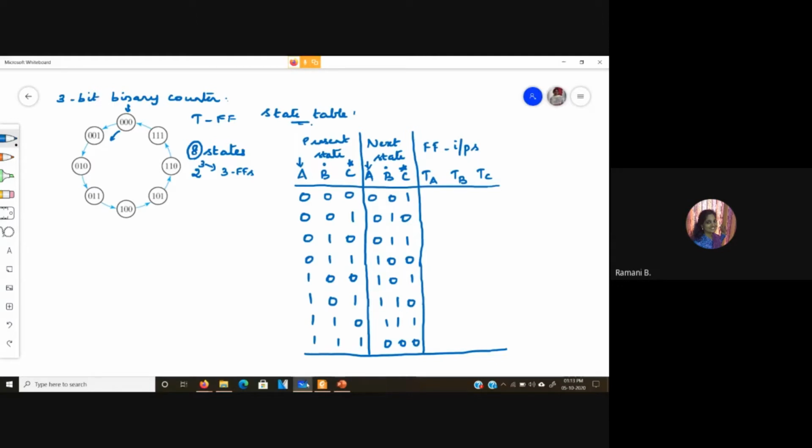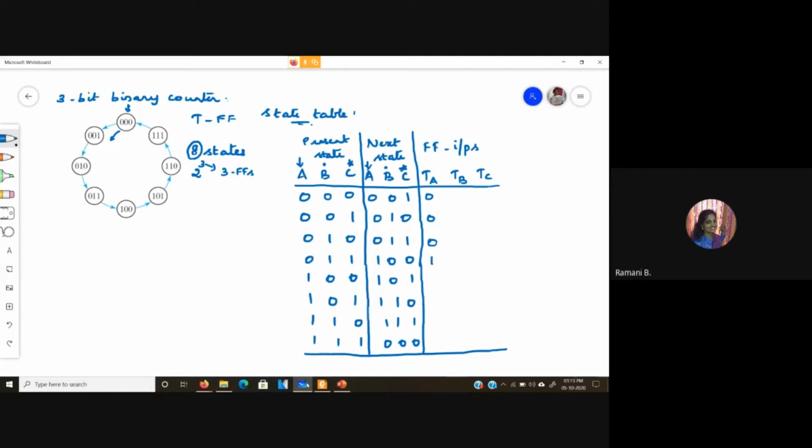So first you have 0, 0, 0, 0, 0, 0. For the first three values of A in the present and next state, we have 0, so the TA value is also 0. Here, this is 0 and this is 1.